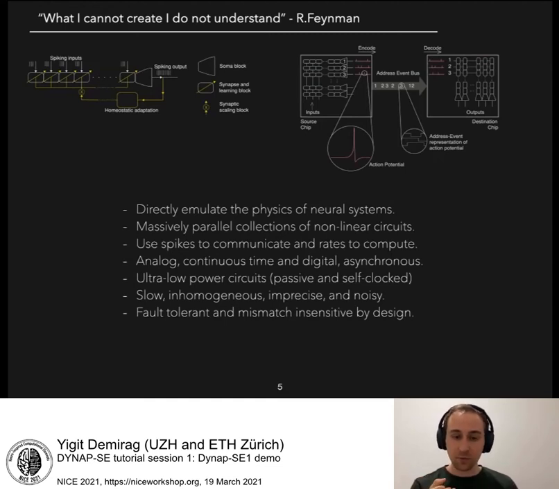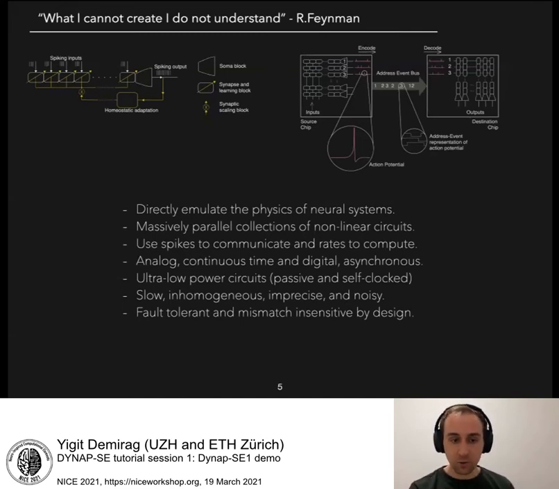The parts of the circuits work only when there's an input to the system. So this is an event-based system. But we do use rates to compute. So we work with spikes, and spikes are, as we all know, very useful for communication and reducing the power consumption of this kind of computation, and also to communicate long distances, both across the cores, across the chips, and also across the boards. And it's also an optimal long distance communication protocol that evolution came up with.